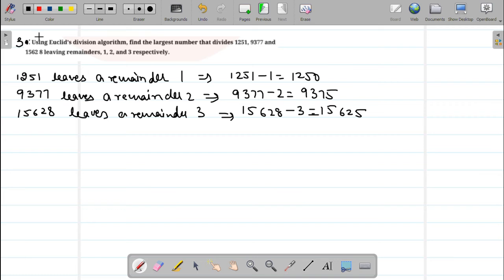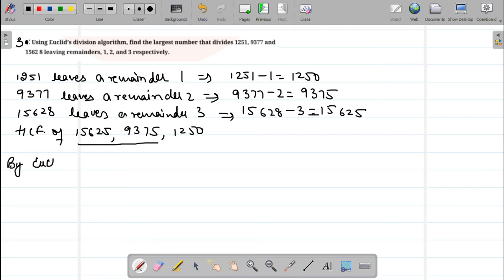So we are looking for now the HCF of 15625, 9375 and 1250. I have purposely written them in descending order so that I can start with the first two, the bigger ones, and find the HCF of these two, and then find out the HCF of that result and 1250. Let's see. So again, by Euclid's division lemma,